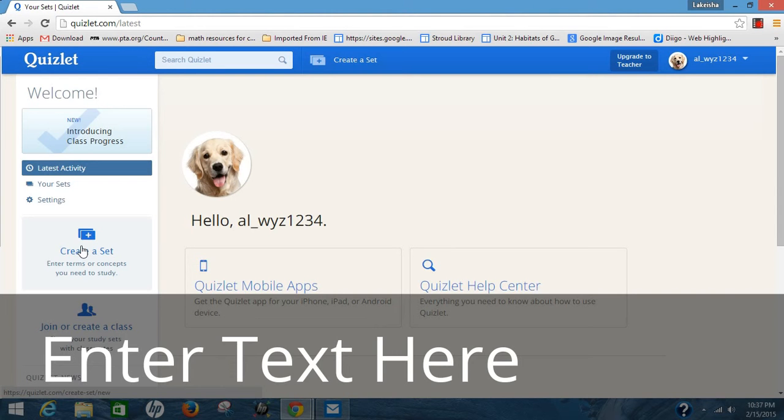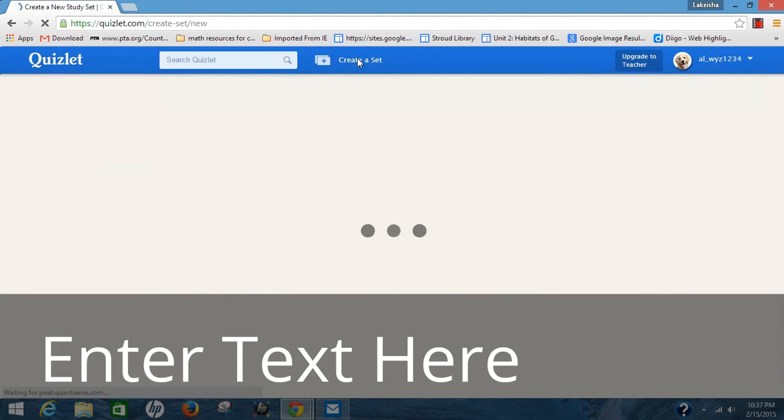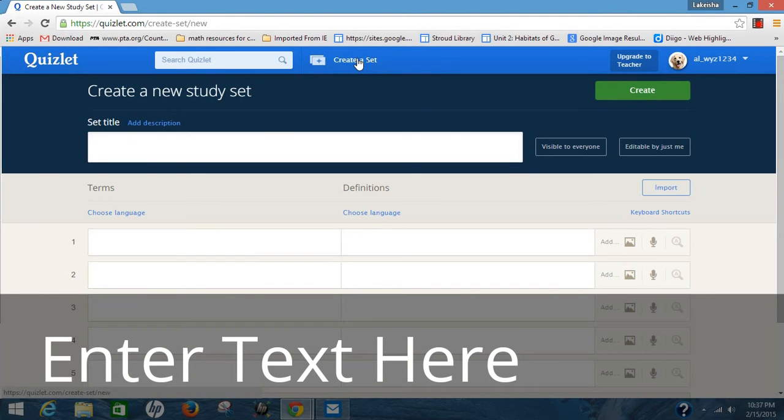So I'm going to go ahead and create a set by clicking here on the left side of the page, or at the top of the screen where it says create a set with the blue background. It says create a new study set. I can set a title here, and so I'm going to name this title using my daughter's information from AP